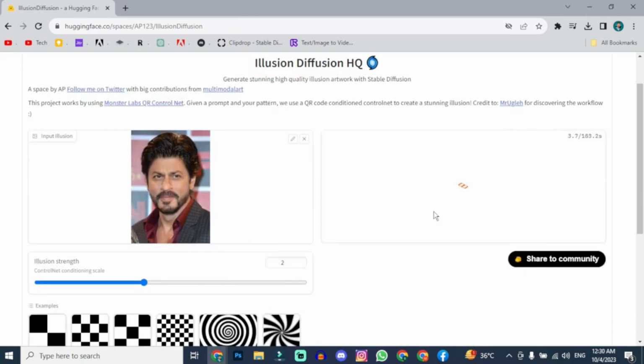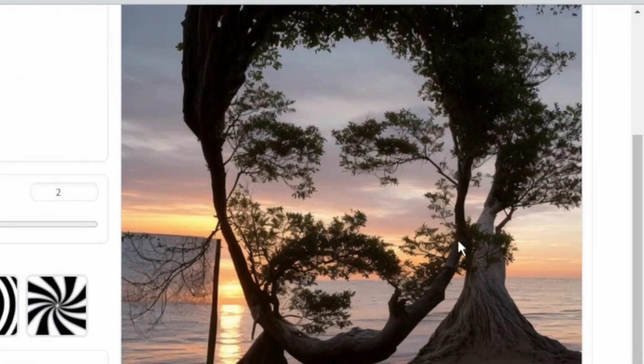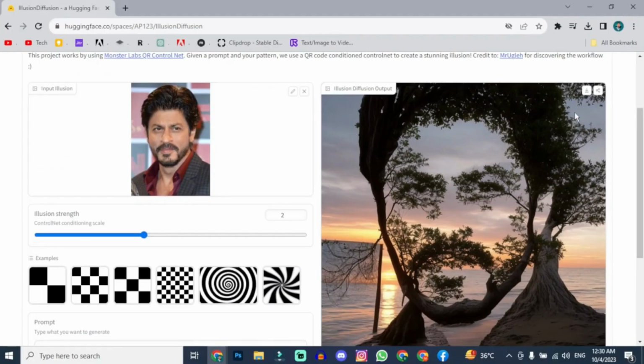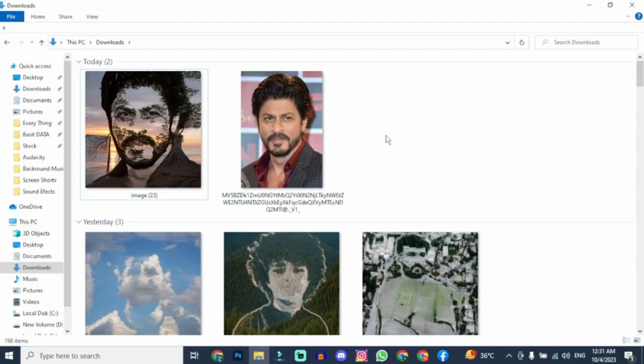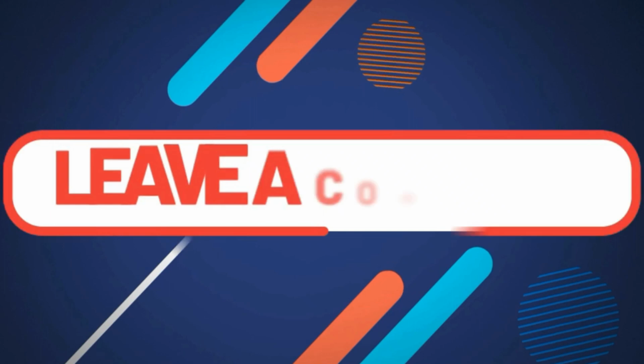For this tool to work, you don't need to have a PC, you can generate it from your mobile as well. You can see, our picture has been generated. Let's download it. You can see, it has generated an amazing picture. You can also add these amazing effects to your videos,